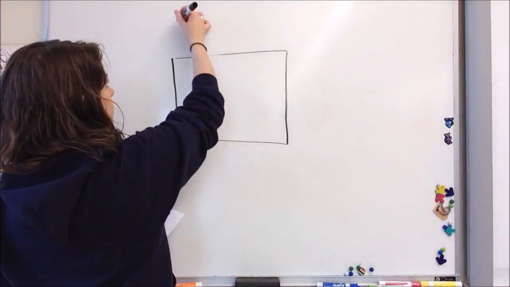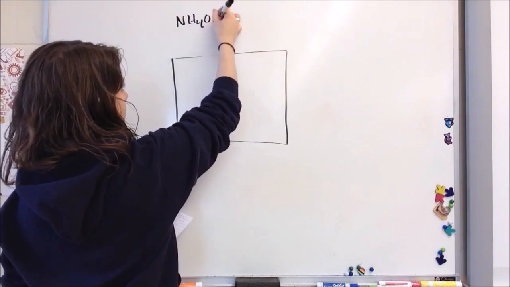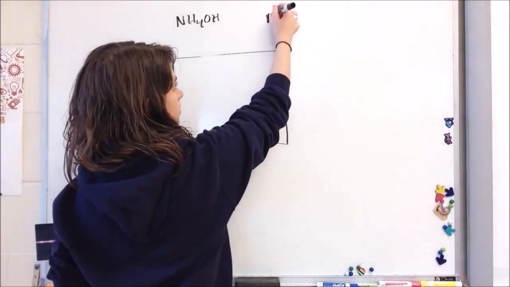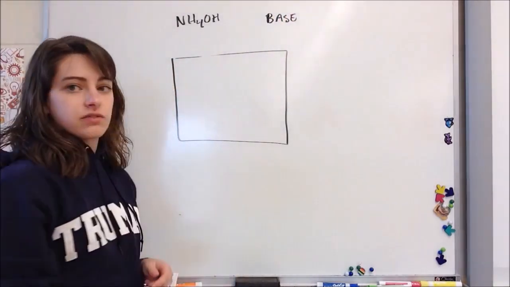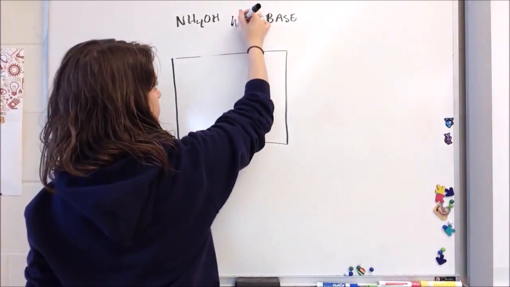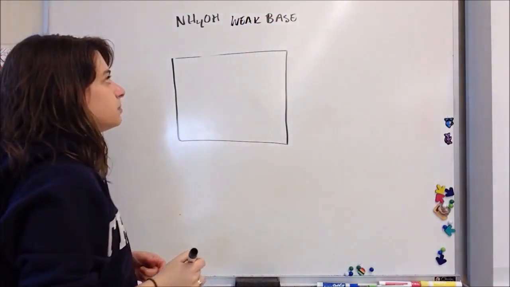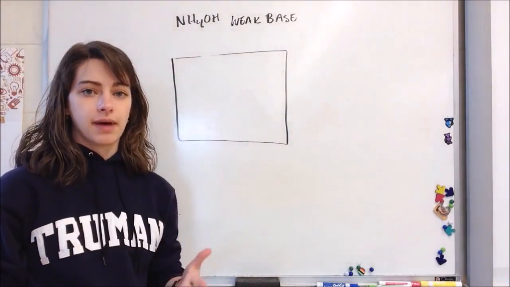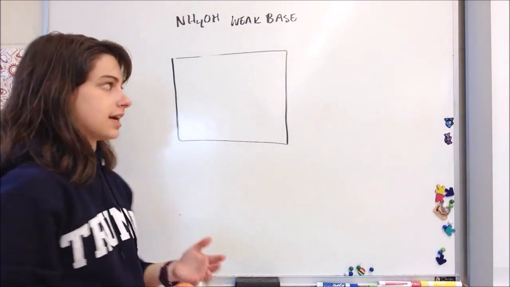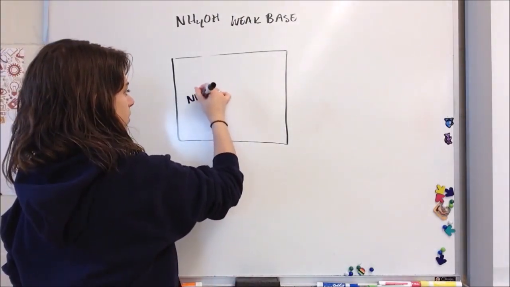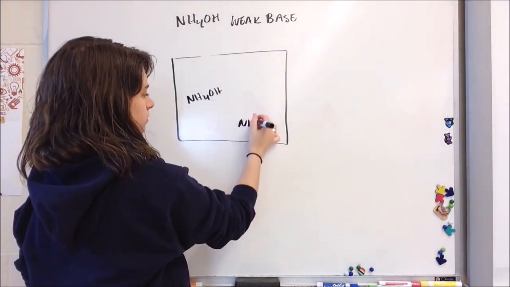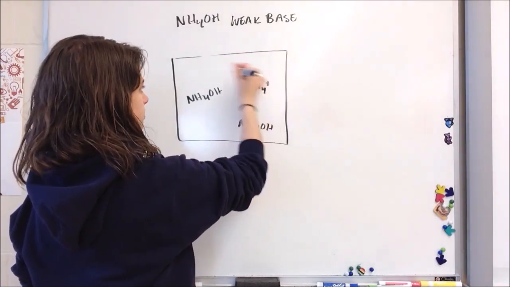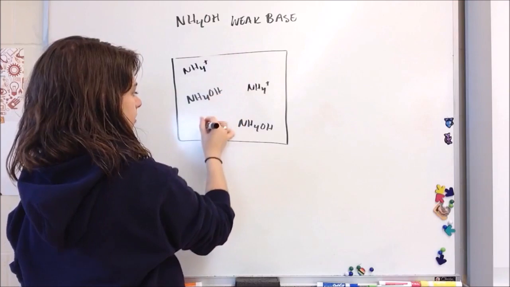So if I have NH4OH, or ammonium hydroxide, it is a base. It's not on my list of strong bases, so it's going to be a weak base, which means I'm going to see 3 things in my particle diagram. I'm going to see my ammonium hydroxide, I'm going to see my ammonium ion, and I'm going to see my hydroxide ion. So I'm going to see NH4OH. I'm also going to see NH4 plus. And I'm also going to see